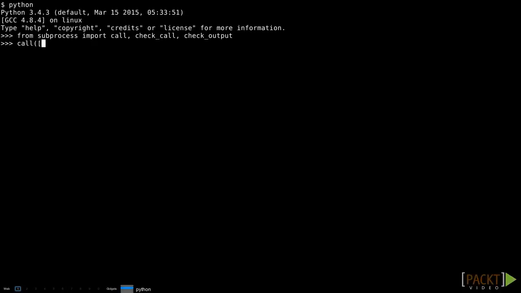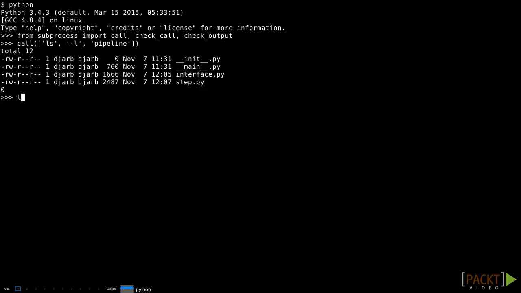The 3 call functions are invoked largely the same way. Each of them is passed a list containing the program name and its arguments. The check output function has a noteworthy keyword-only parameter called universal newlines, which defaults to false. If we set universal newlines to true, the text output of the program is decoded into Unicode characters using the system's default text codec, and newline characters are normalized. If we leave universal newlines at its default value of false, the program output is returned as bytes, and it's up to us to do any decoding and to deal with whatever sequence of characters the current system considers to